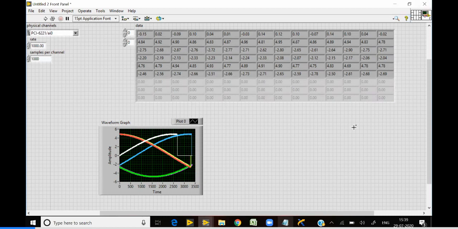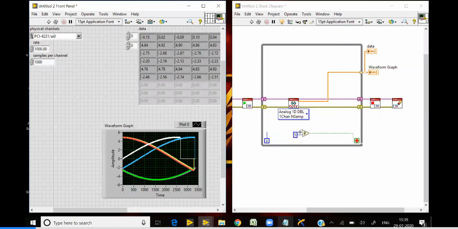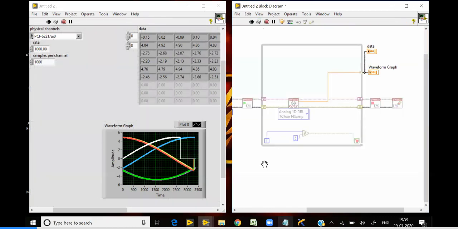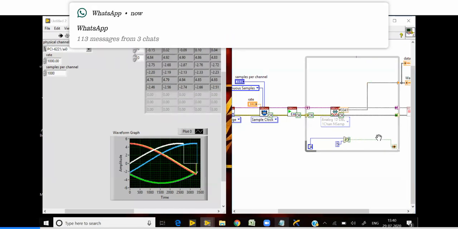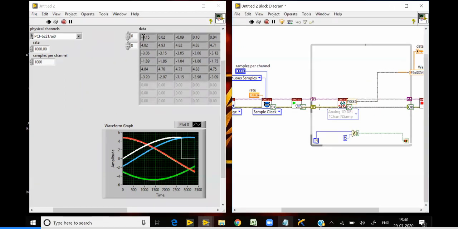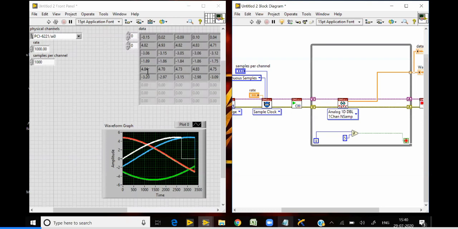Since it is a while loop, the i value is checked against greater than or equal to 5. So initially it will check for 0. I'll just highlight the program and run it to show you. See here. It will come in here and check 0 greater than or equal to 5, and then 1 greater than or equal to 5, 2 greater than or equal to 5. When it is 5, it is equal. So since it is a while loop, it executes that one also, and then the program will be stopped. See here. Since it is like that, all the data has been collected.